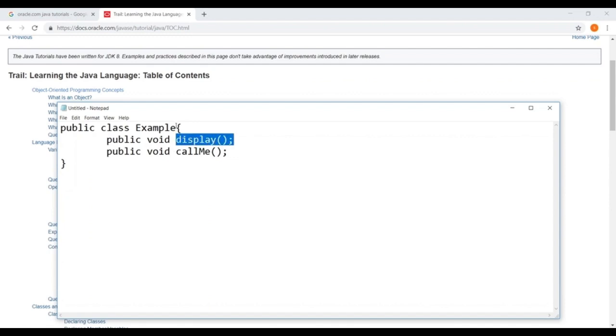What service? Display. Column. Public void display. Public void column. It only gives a list of services. But when you go to encapsulation,